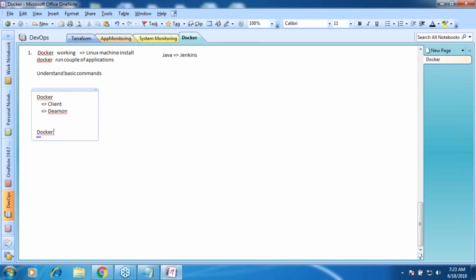So whenever we do docker run, what would happen? What is the first step? Docker run is a command that is executed on the client. So the client will ask the daemon. And what is the first step of the daemon? It will check in the local repository whether the image being asked for exists or not. If it exists, a container is made from that image. If it does not exist, it will go and ask the repository.